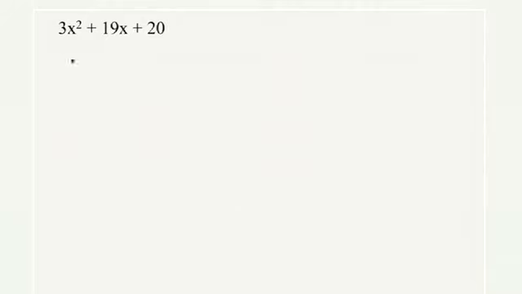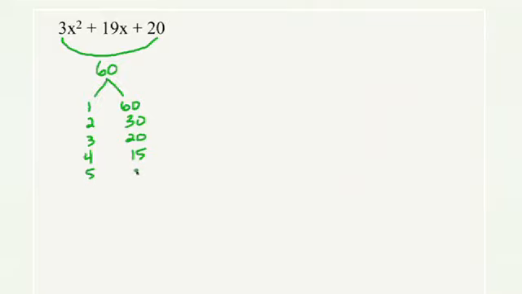Okay. This problem, again, you will notice the first term and the last term are both numbers, so multiply those together. Gives you 60. This number has a few more factors than the 12 and the 24. Always start with 1. 1 times 60, then 2, then 3. And then we know 4 goes in there 15 times. 5 goes in there 12 times. 6 and 10. And then you think 7, 8, 9. And then once you get to a number that's on the right-hand side, you know you've got them all.